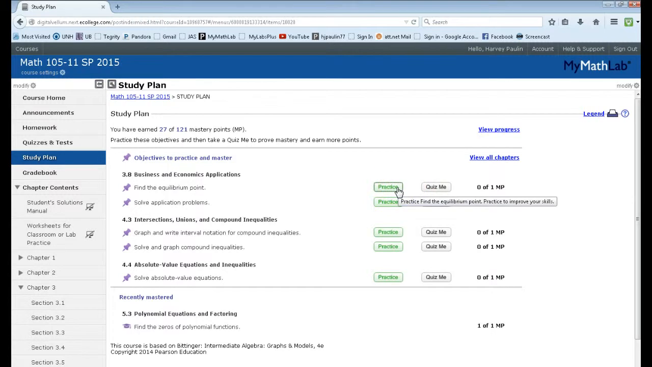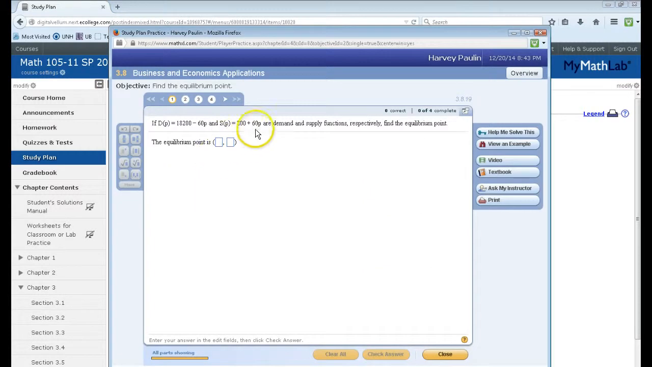Now, when I do a practice, it gives me the opportunity to do one example at a time, input my answer, and see if it's right or wrong. If it's wrong, I get another chance to correct it. I can also go up here to the right, and I will try to show you this right now as well. Okay, so here's a typical